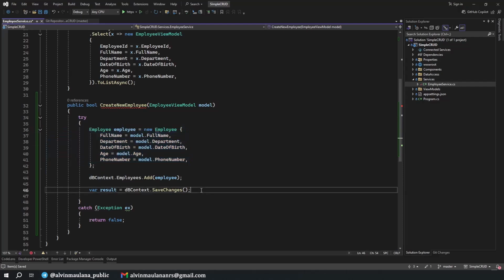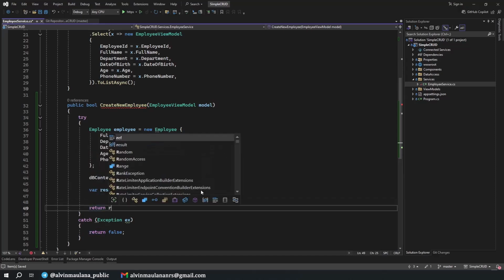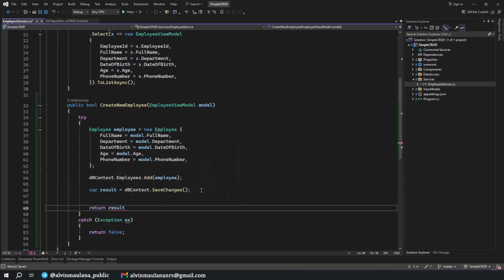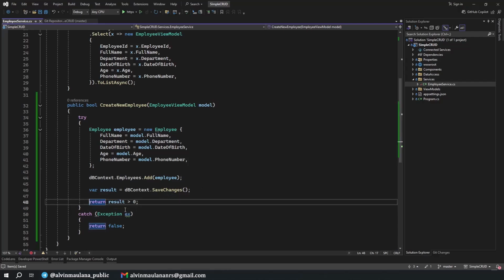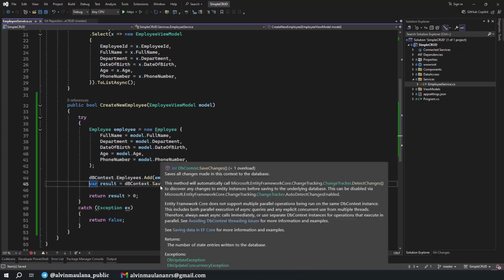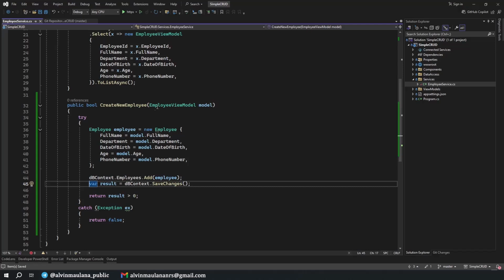And then what I do is I will return true if the result is more than 0. So that means something was added to the database. If the result from the database is 0, that means we're not inserting any data in our database. Okay, I think the employee service for inserting is done.